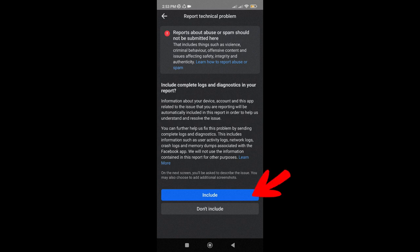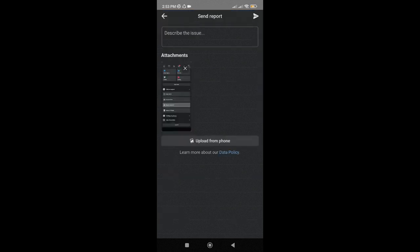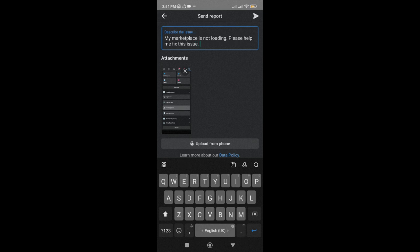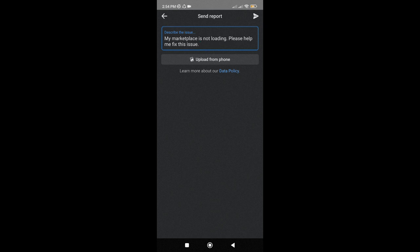Then tap on Include. Then here, select Marketplace. Then just write a description of the issue that you're facing, or you can write something like this. Then tap on the Send button. After that, just wait for a few minutes and try to go back to your marketplace and see if it's